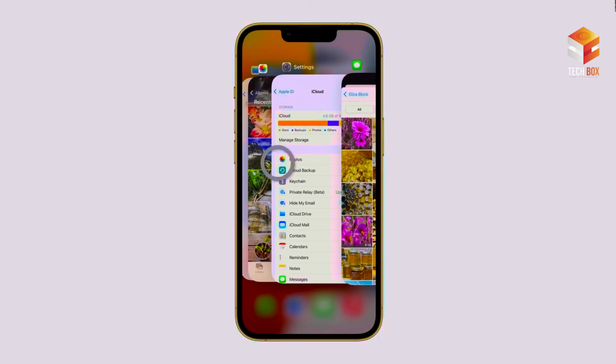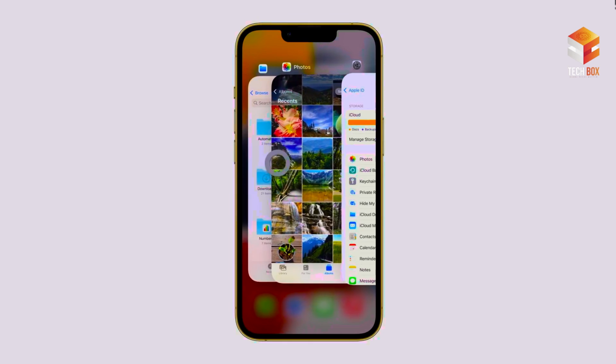And that's a look at some ways you can manage your iCloud storage. With more room, you can add more of the photos, videos, and documents